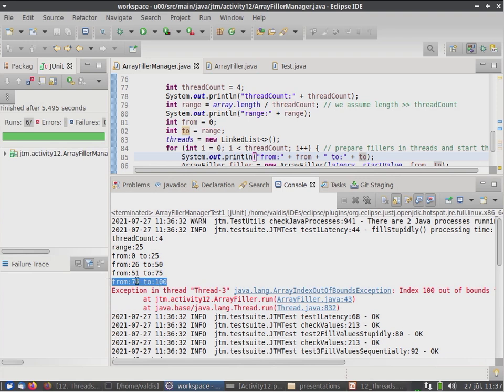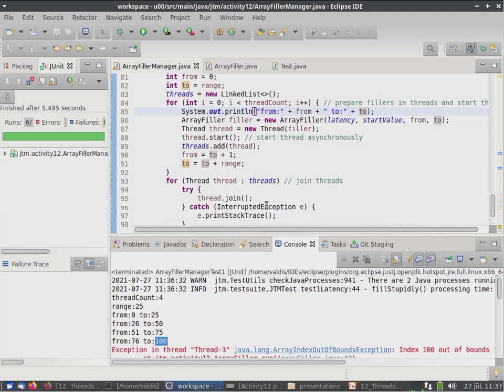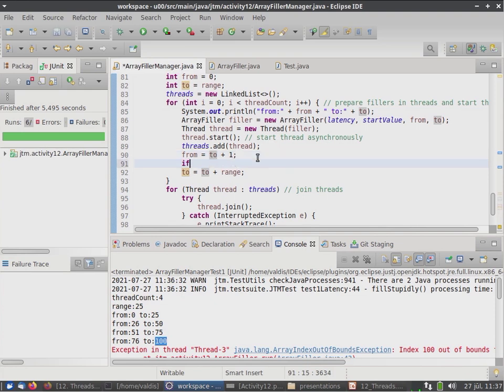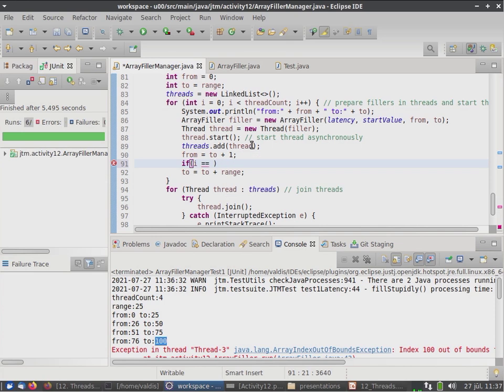So here for this last figure, from and to should be 76 till 99. But I have 100. How can we adjust it? I think we will just patch it. If he is the last one, so this, if he is